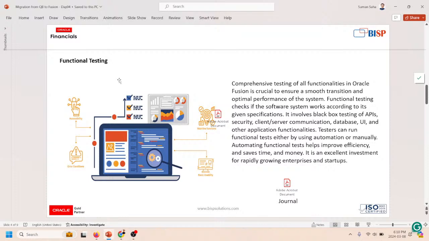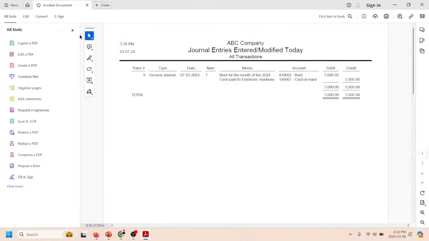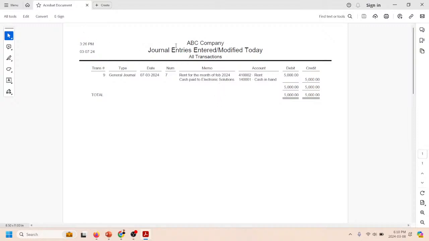So let's go to one of the scenarios I have. I got one journal from QB that has to be entered in the Fusion application, right? So let's open that particular journal. You can see this is the ABC company. It's a journal entry entered and modified today. All the transactions are showing, and this is the date,